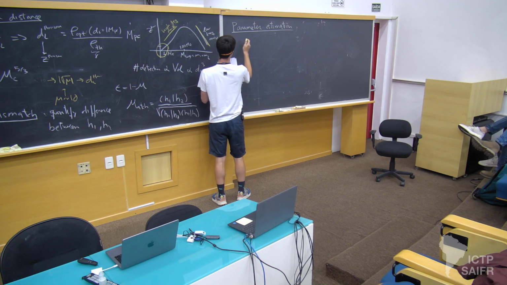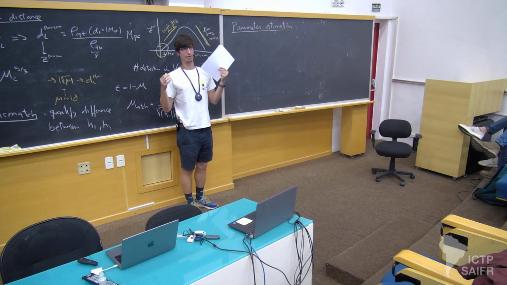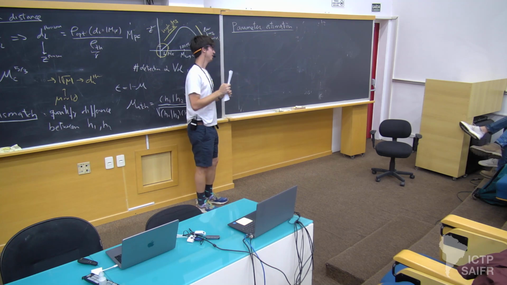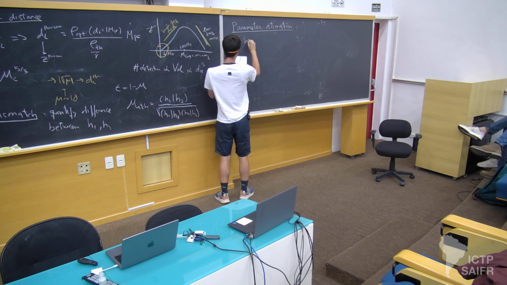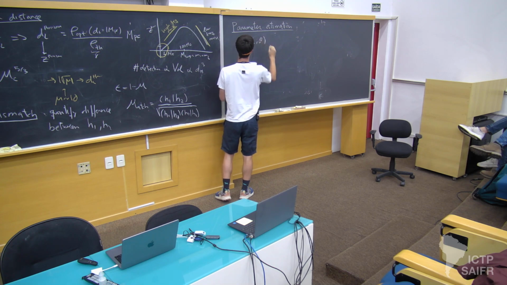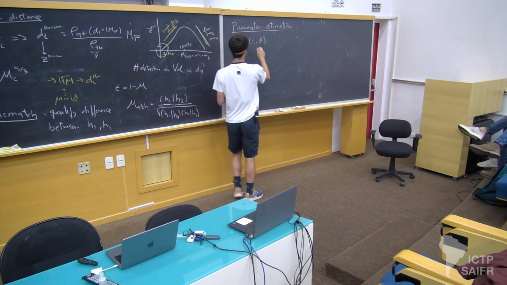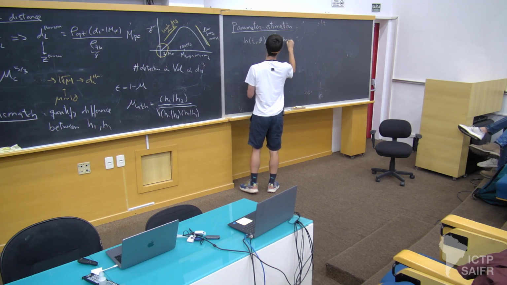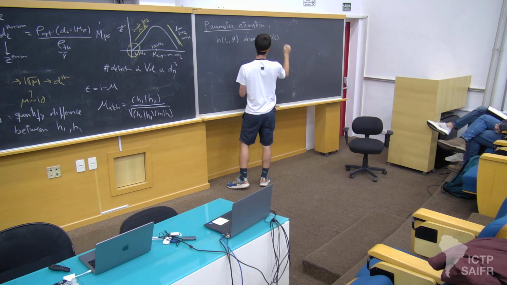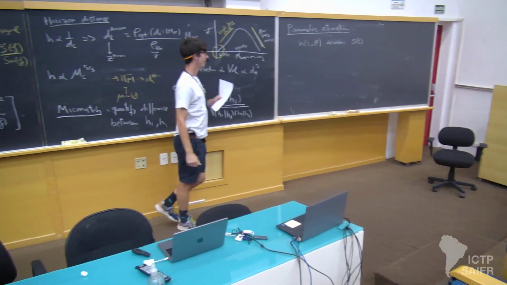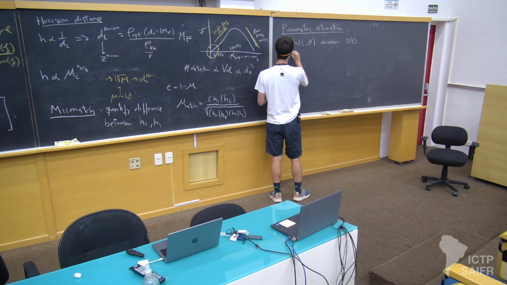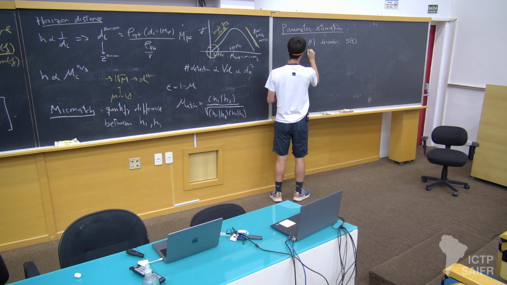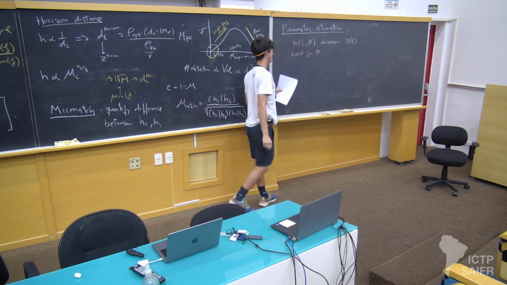If we think that there is a signal in our data, and we have a model h of t that depends on some parameters, and we think that h of t describes some signal s of t that is in our data, then the way we do parameter estimation is we look for the parameters theta such that